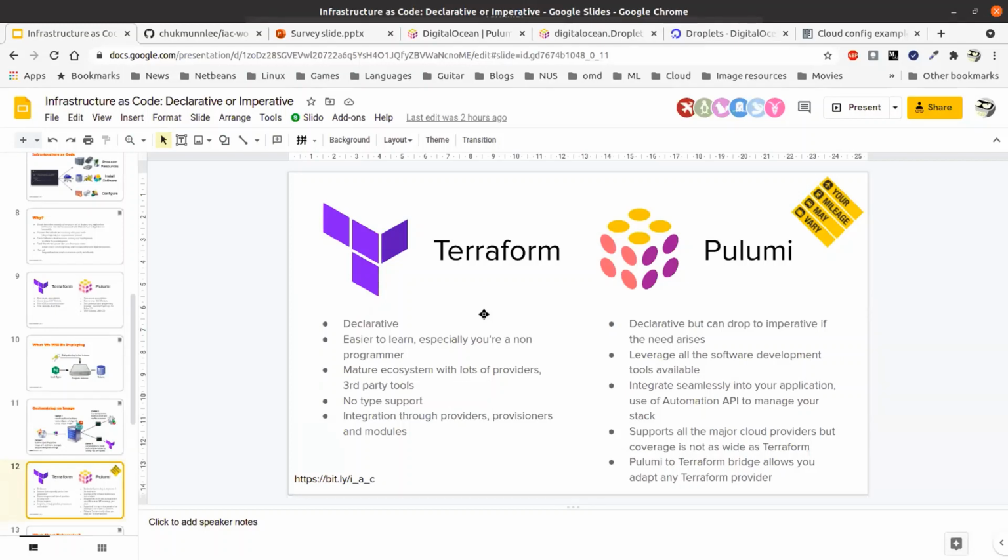But Terraform is more mature and it's got a very mature ecosystem. You can practically do everything with it. For example, in Terraform, I could provision a droplet, get an IP address, and publish that to GoDaddy. GoDaddy has a provider for Terraform, right? In Pulumi, it's not so simple.